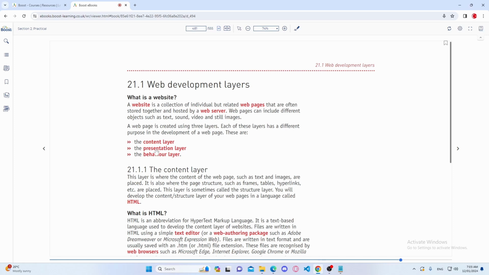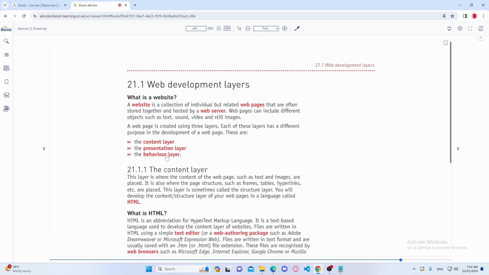The presentation layer contains the visual impact of the web page, in which we will see the styles which are used in the web page, such as colors, themes, fonts, etc. And in the behavior layer, we will see all of the actions that will be done in this web page, such as controlling elements such as forward, backward, next, open, close. And the behavior layer is created using a scripting language, for example, like JavaScript,